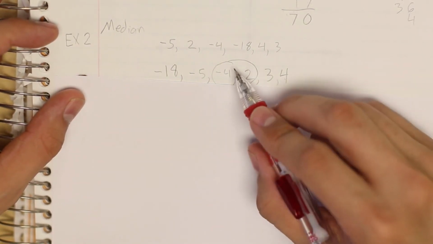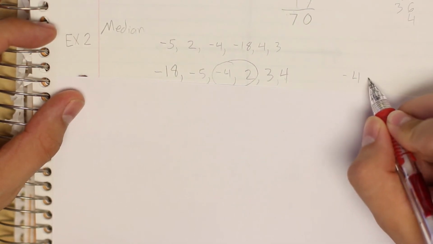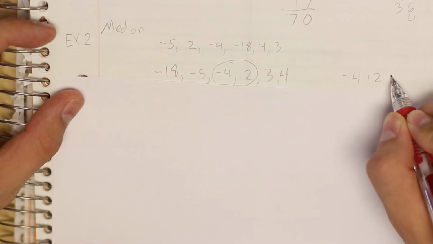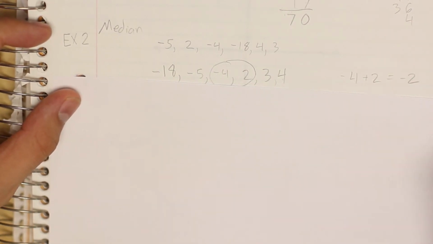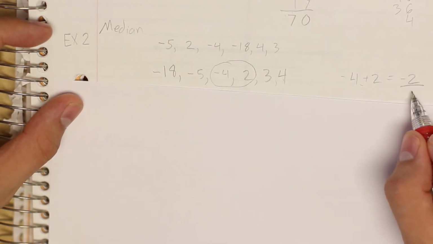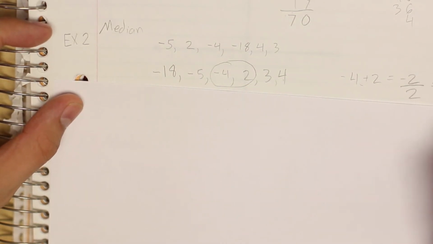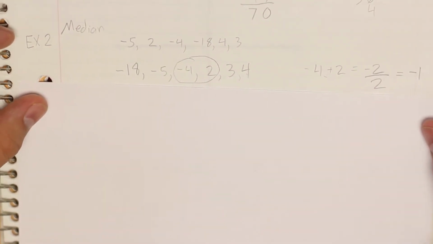So here we have -4 and 2. So add -4 plus 2, you end up with -2, and you divide that by 2. So take -2 and divide it by 2, and you end up with -1. Okay? So -1 is our answer